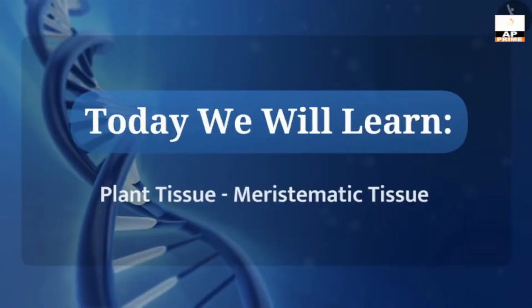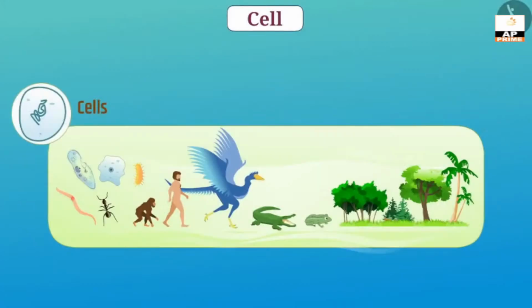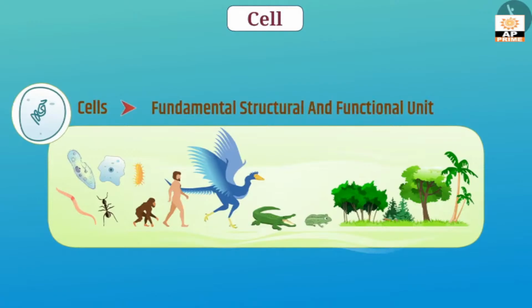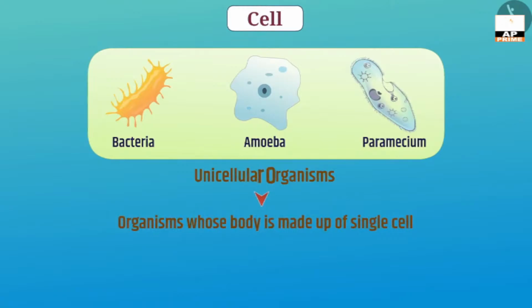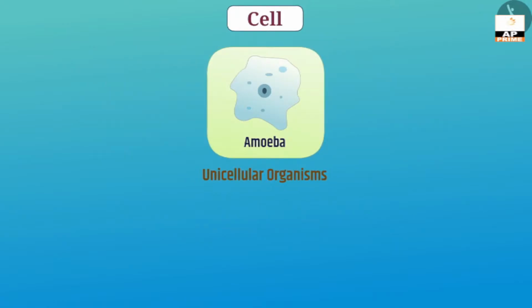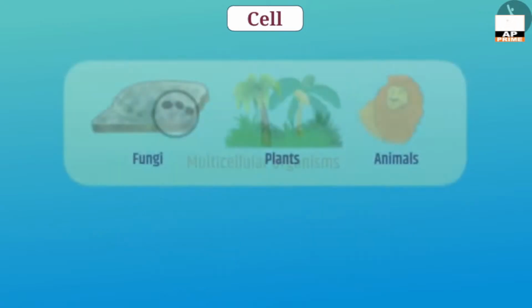Tissue, meristematic tissue. All living beings are made up of cells. The cell is a fundamental structural unit of life. In different organisms, there are different number of cells. In some organisms, one cell is itself the organism. Organisms whose body is made up of a single cell are called unicellular organisms. In such organisms, this cell carries out all fundamental functions like movement, food intake, gaseous exchange, and excretion. And in other organisms,